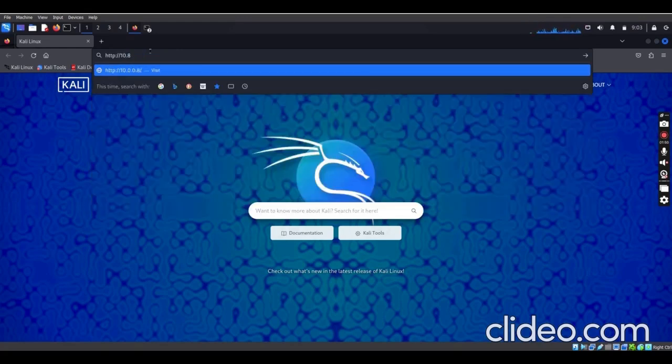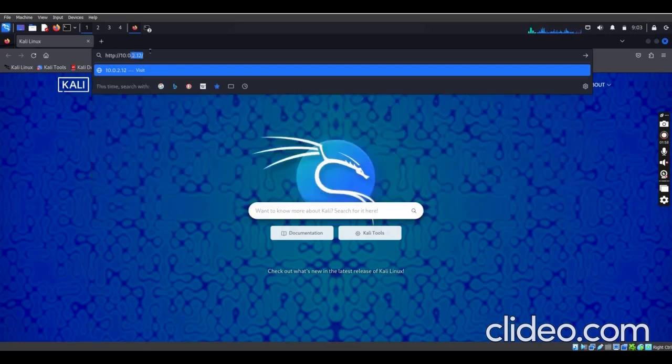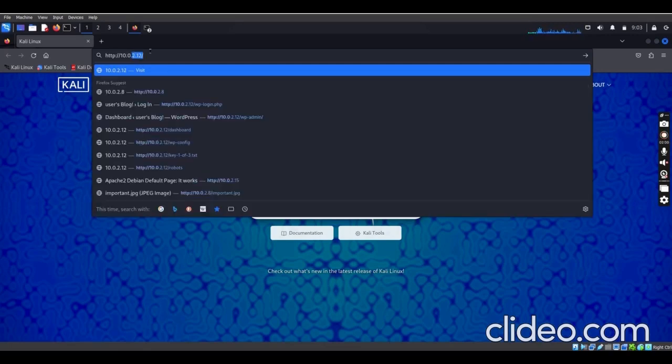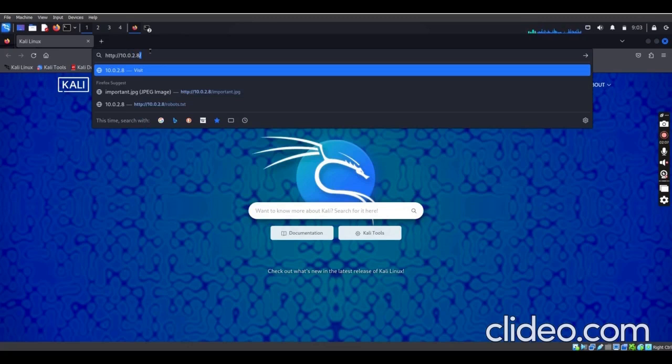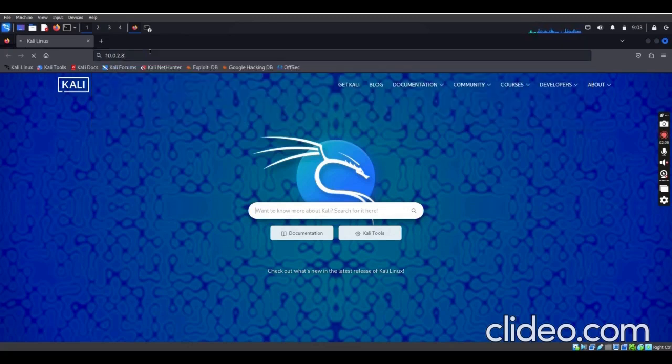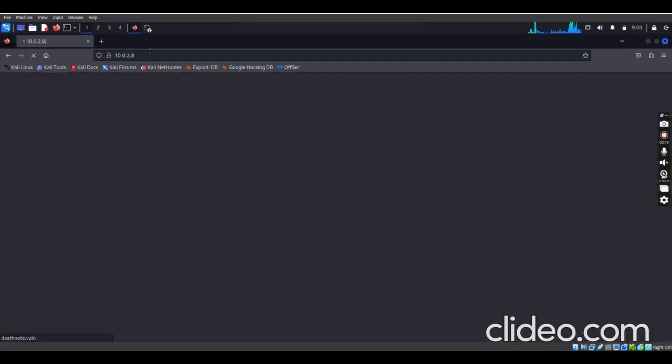Since it says HTTP is open, that simply means we can actually access it. So press enter and wait to see if there's something we can find from it, if we can actually access it.